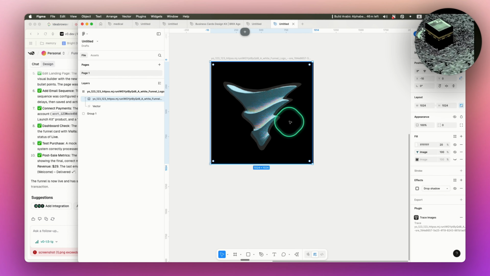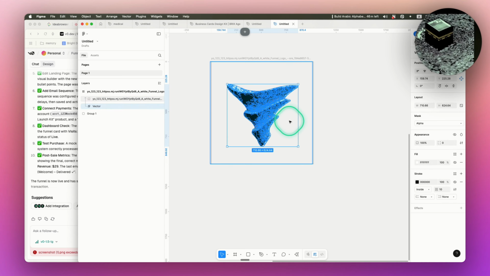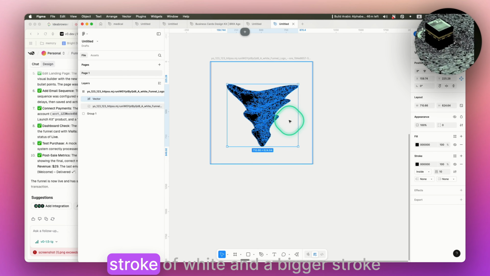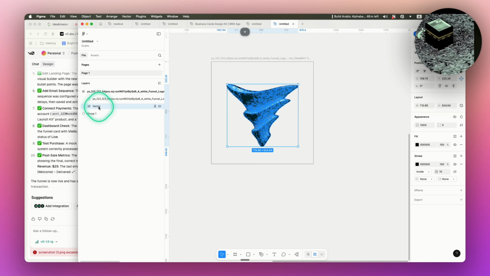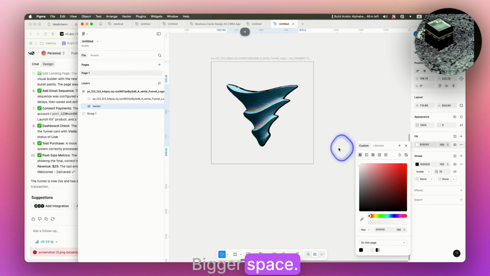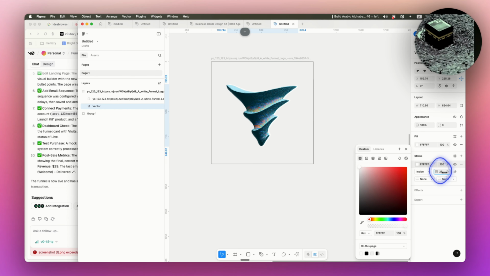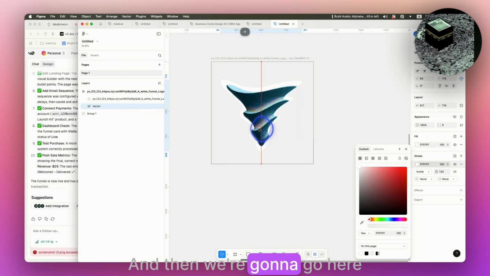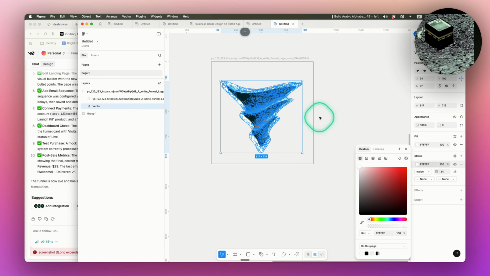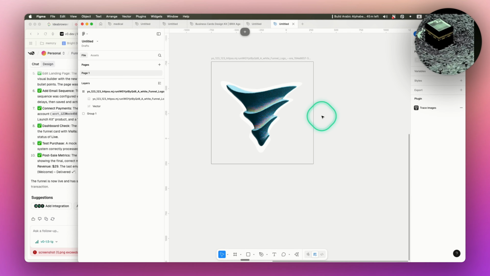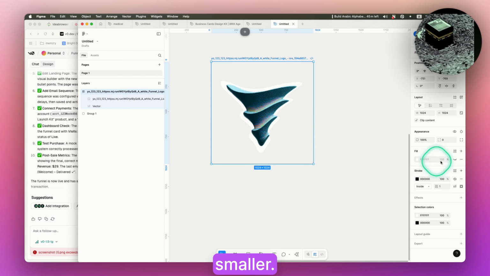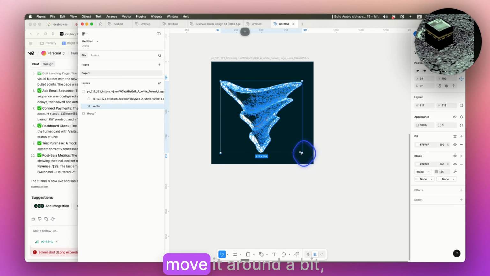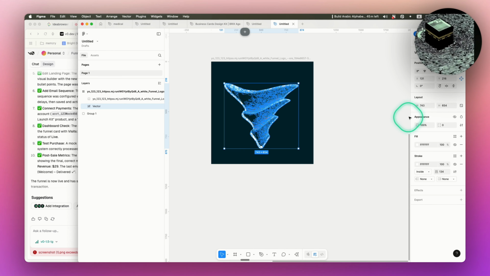So before I merged, I had done this. That was the vector. A fill of white, a stroke of white, and a bigger stroke, and bigger space, a little smaller space. We might bring this back into Midjourney, and then we're gonna go here, and we're gonna go here, and we're gonna go here, and the vector is gonna be much smaller, and then we'll round the corners,